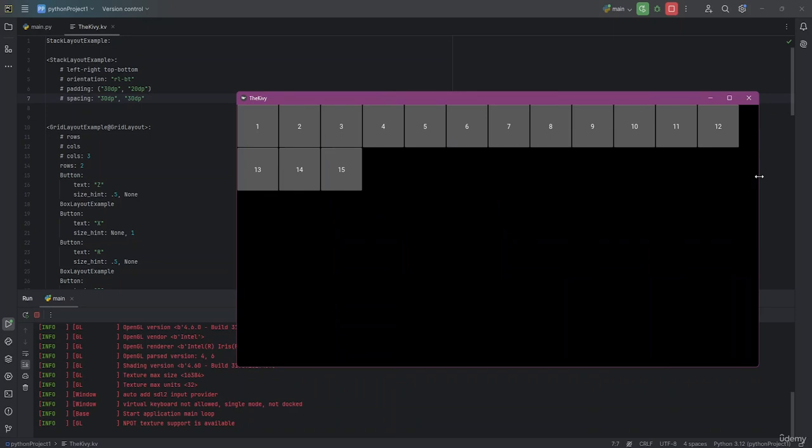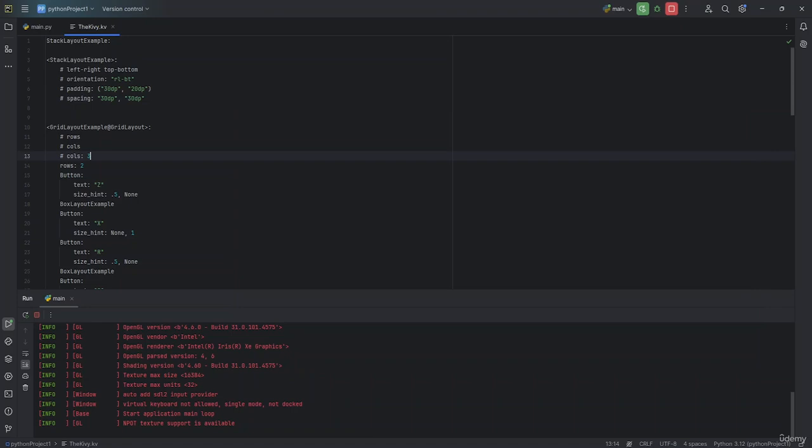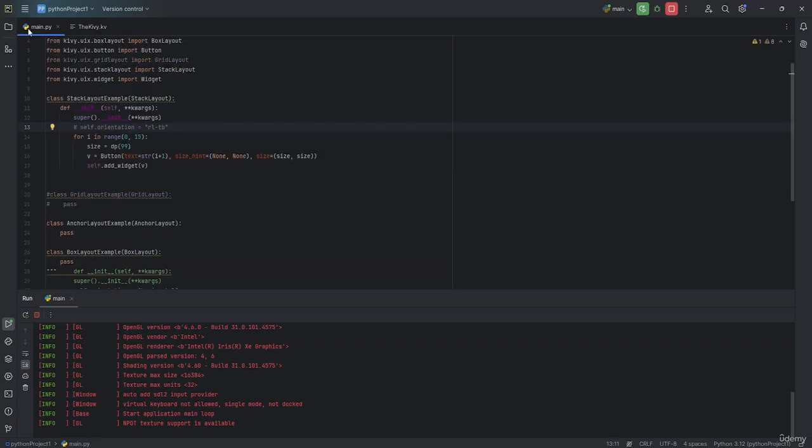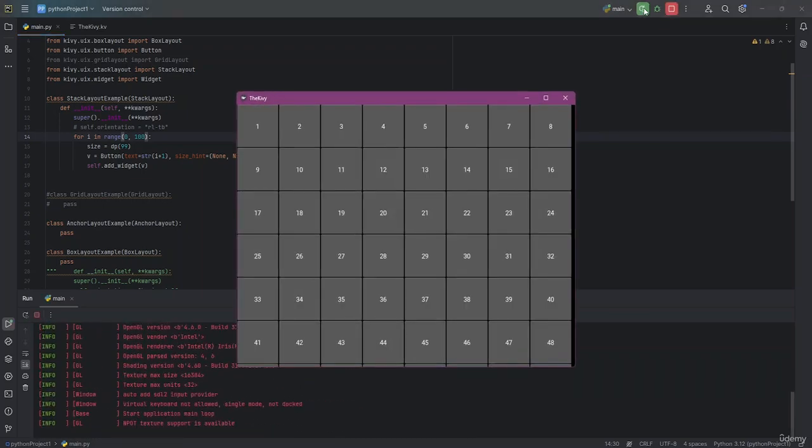So now you understood how you can customize these stack layouts and how you want the spacing to be, how you want the paddings to be. And you can also work with the for function, and you can also change up the numerical value to make sure that it works too. So to do that, you also have to go back to the main py file. And let's say you want to make like 100 buttons. So what you're just going to do is change up the numerical value. Let's say 100. Play it out,